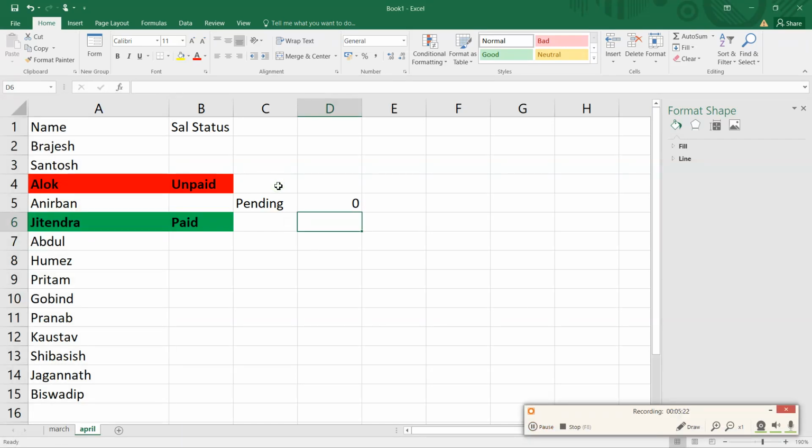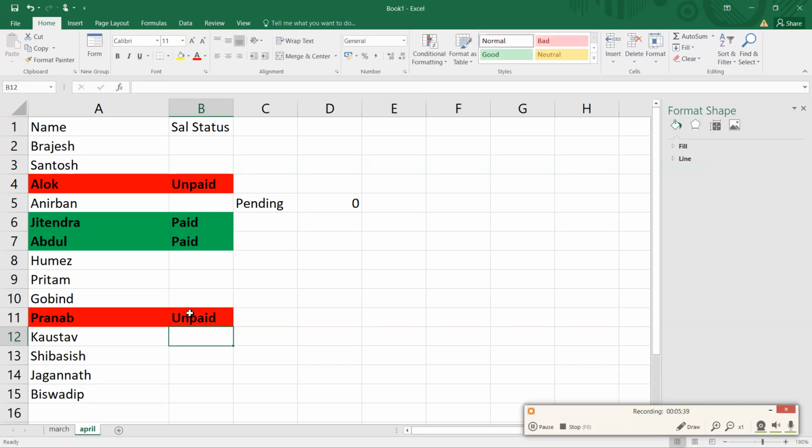Okay, somehow my computer screen is crashing. Anyways, I have achieved the goal that if it is paid, then it will be in green, and if it is unpaid, then it will be in red. This pending count has some problem, and there is some flickering on my screen. Anyways, let me know in the comment section how you felt about this video. Thank you all guys, and